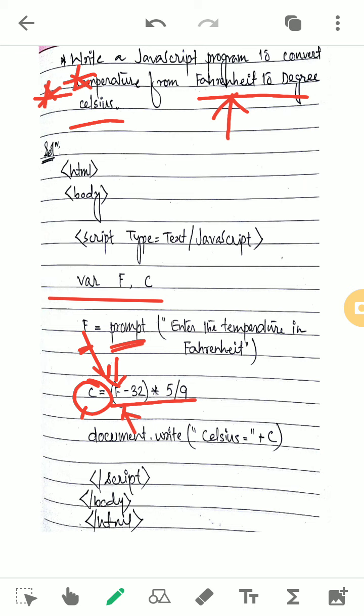As we know, to display the value of a variable we have to use the document.write or alert statement, with a message Celsius that I have given here, it should come in quotation, as it will come in your output. A plus sign should be given. The plus means the concatenation symbol, along with the value of C, and the value should be outside of the quotation. Here the BR tag is not required because after this line you are not displaying any other line.